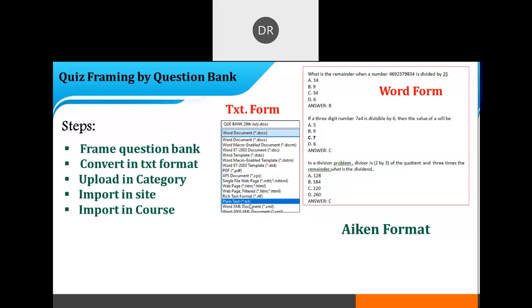In a similar fashion, for this question bank, after framing all the questions in Word, you have to convert into a plain .txt format. So the first step is to frame the question bank in a simple Word format, then convert it to .txt format. If you go to Save As, you will find the plain .txt file at the bottom. So convert this Word file into a .txt file.